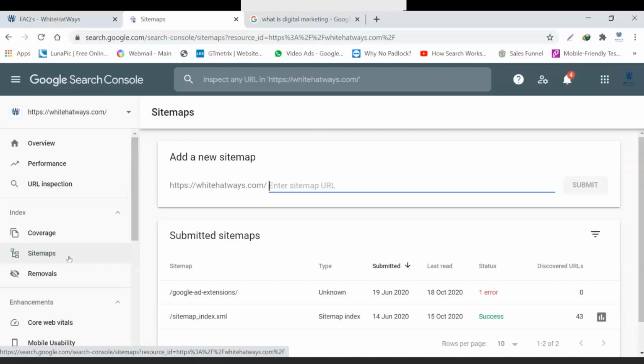And for the site maps, all you need to do is go into your particular website. And again, there is this plugin with the name Yoast, which is all meant for increasing the SEO of your website, and for undertaking all the SEO activities pertaining to the posts and the pages of your website. Again, it is going to help you create the sitemap in the easiest way. You don't have to do anything else. It will create the sitemap for you. All you have to do is just submit it over here. So Yoast is one of the finest plugins as far as SEO is concerned.